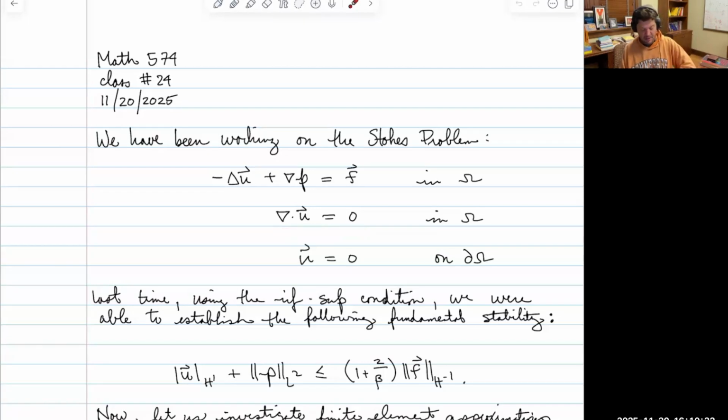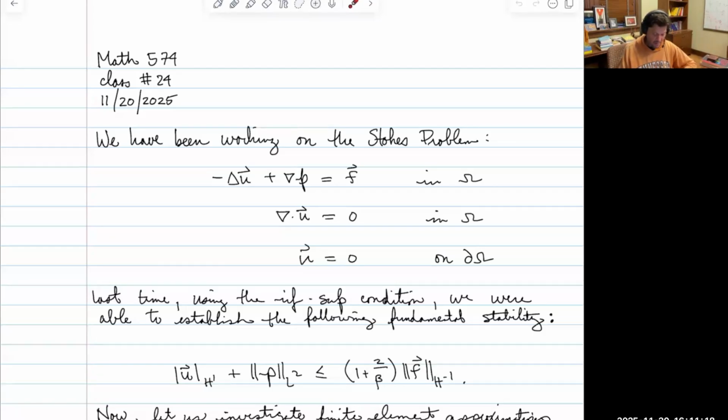The divergence free condition is rather famous. It comes from mass conservation. And then finally, this condition is called the no-slip boundary condition, and this is due to the fact that near a wall or a boundary, the velocity is, in a real system, very nearly zero right at the boundary. Basically, the molecules stick to the boundary so much that they don't actually even move right at the boundary. As you go a little bit away from the boundary, you start to develop things called boundary layers, and the velocity is definitely non-zero. But right at the boundary,